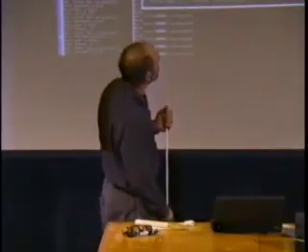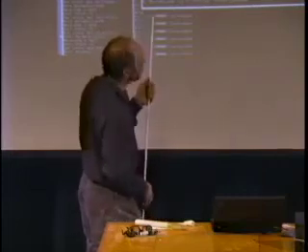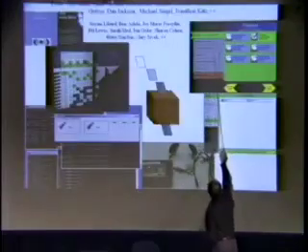I guess I will just mention a couple. Let's just go. I'll just say a word about this interface here. This interface where you have